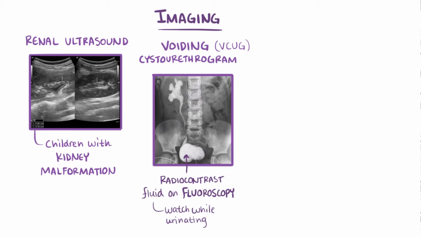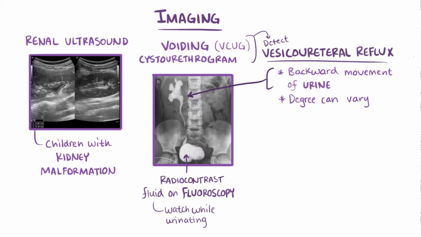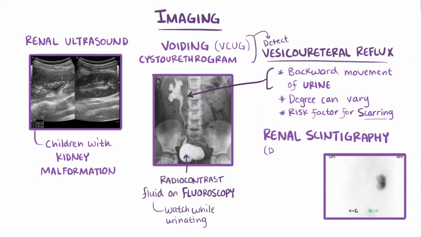And this is particularly helpful in children with severe or recurrent UTIs to detect evidence of vesicoureteral reflux, which is the retrograde movement of urine from the bladder back up into the ureters and kidneys. The degree of vesicoureteral reflux can vary, and it's an important risk factor for kidney scarring with a UTI. Finally, in some situations, renal scintigraphy using DMSA, which is a radionuclide, sometimes called a DMSA scan, can be used to detect evidence of kidney scarring,